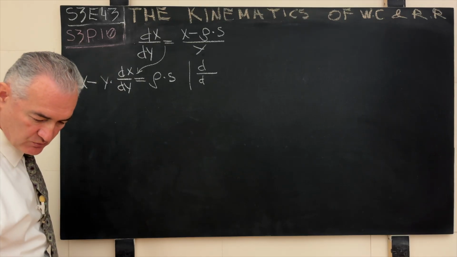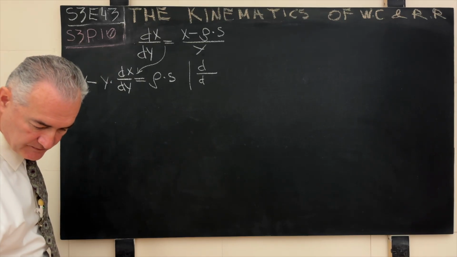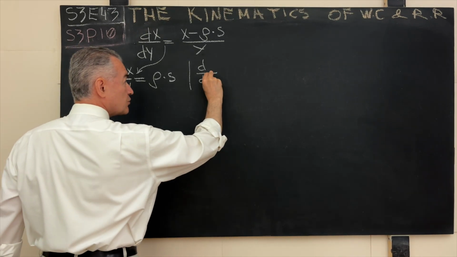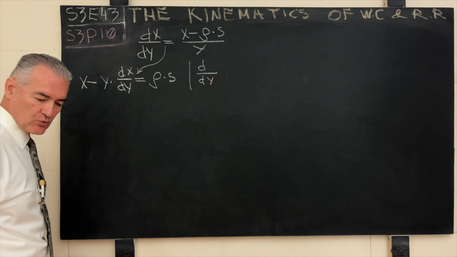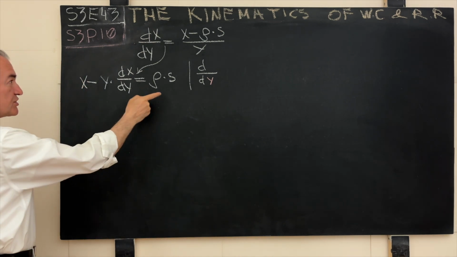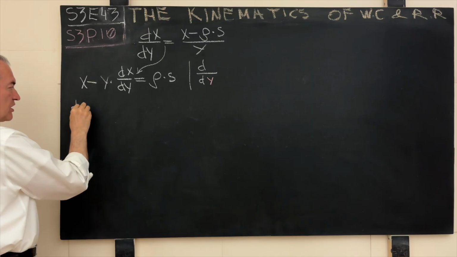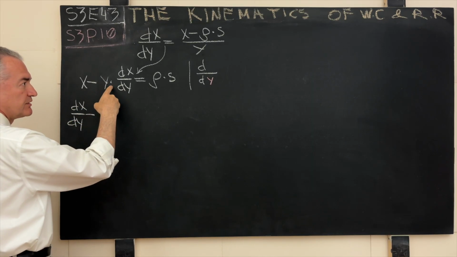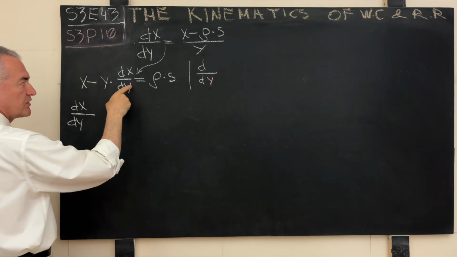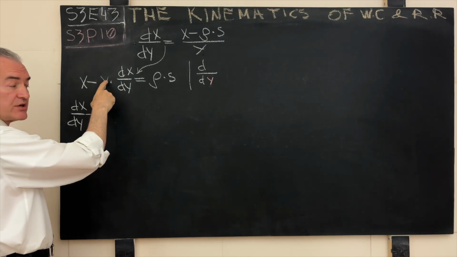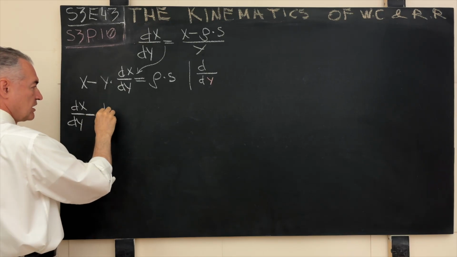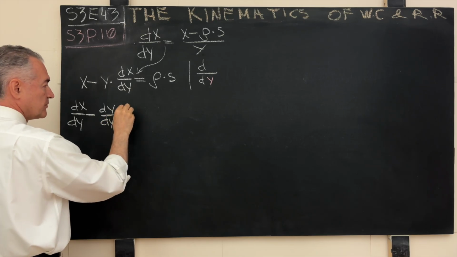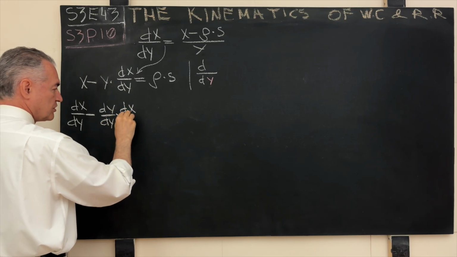But now what? Well, now what we do is we differentiate both sides of this equality with respect to what? What would you do? You would differentiate this blessed thing with respect to what? With respect to y. This is one winning maneuver. So we differentiate both sides of this as follows. dx over dy minus the first derivative with respect to y over a function that is a product. How do we differentiate the product? Well, minus dy over dy times dx over dy.